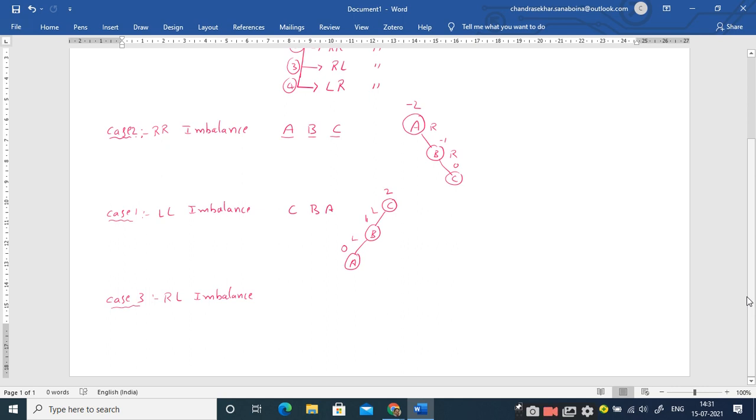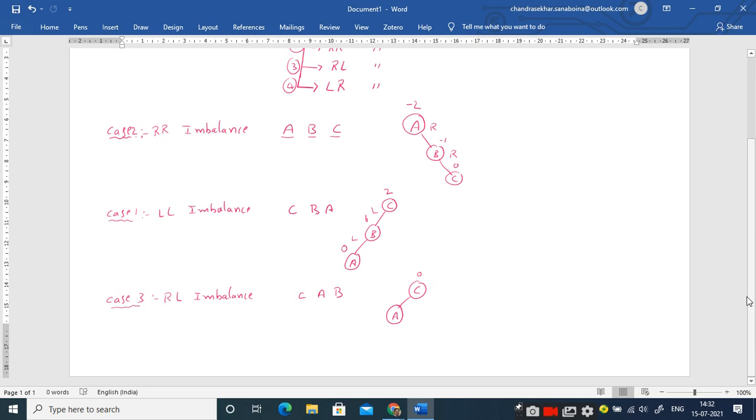So let me take the elements like this, C, A, B. So I take this C here. Now the balance factor is 0. Since A is less than C, I place it as